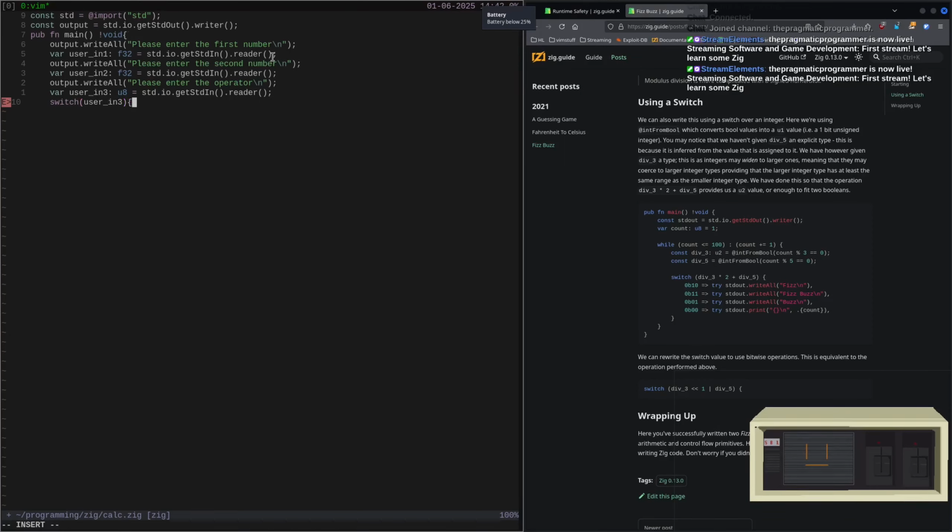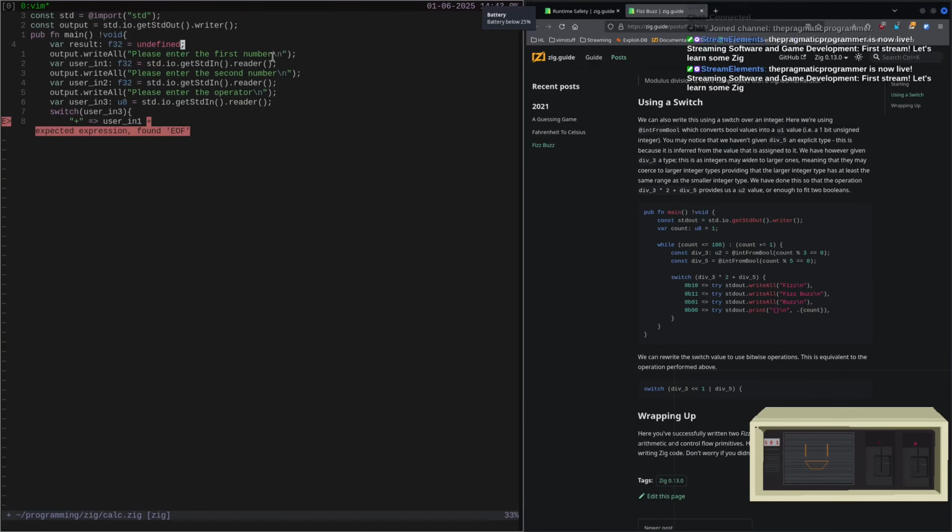User in 3. Plus, then we're going to user in 1 plus. I need to store the result. Oh my god, okay. Result F32 is equal to undefined,